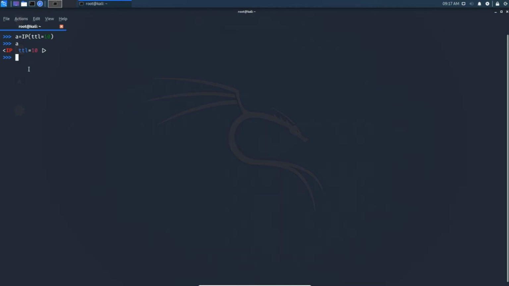Like our socket module has s.bind or socket.accept, the Scapy module also has some methods. If you type a.src, it will print the IP address on which the packet was created.